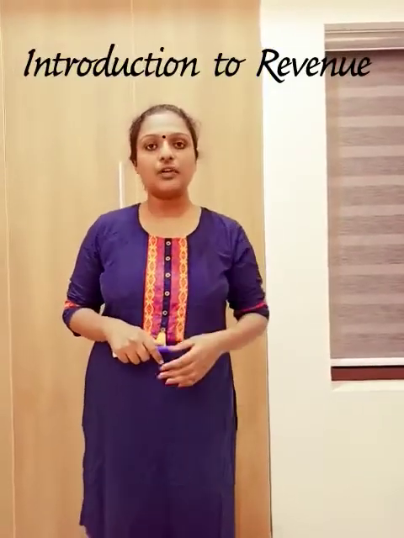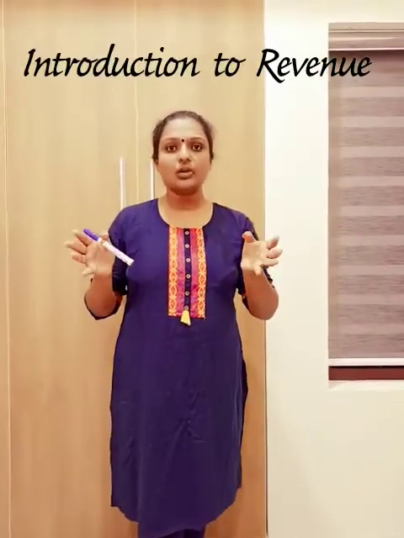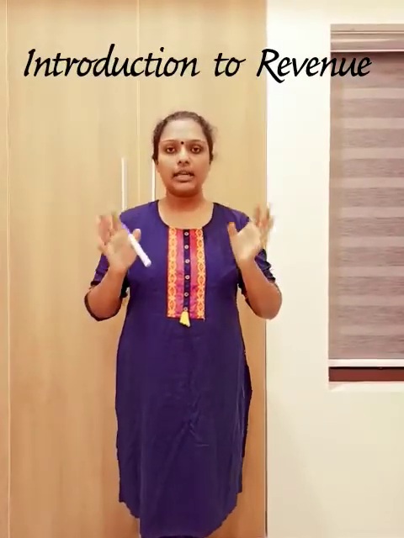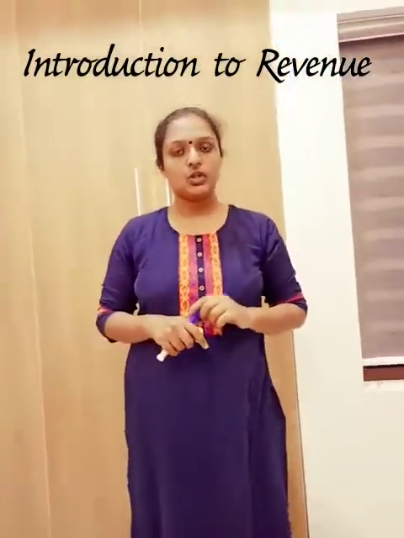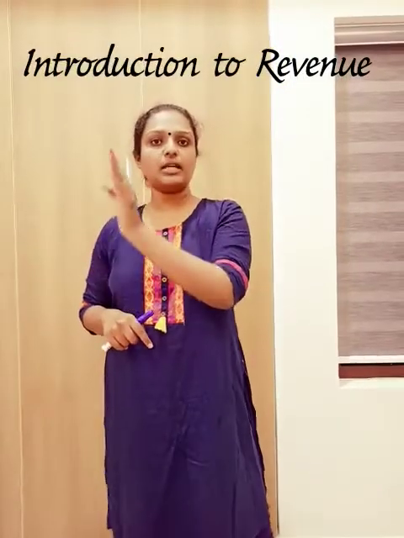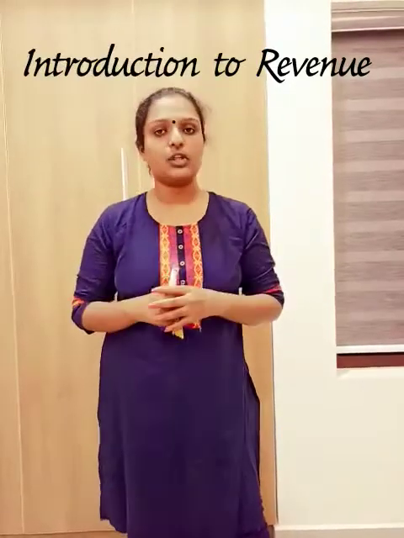So whatever we have looked through in the cost, we have to look through in the revenue also. Starting from total revenue. Total revenue means if you are producing 100 products at a time and selling 100 products at a time, whatever you are getting for those 100 products is called revenue. So price into quantity, P into Q, is total revenue. TR is P into Q, where TR is total revenue, P is price of the product and Q is quantity of the product. That is the total revenue you get for the production.